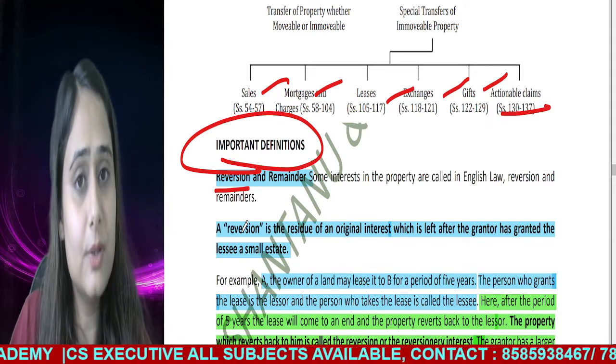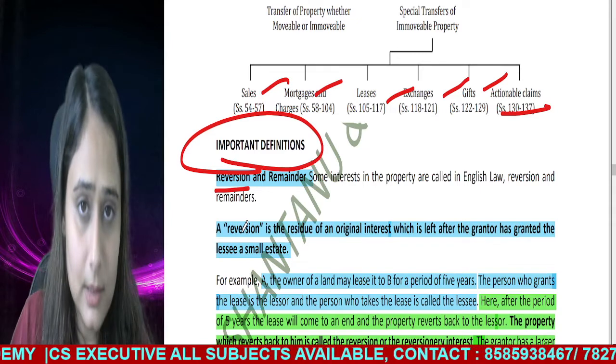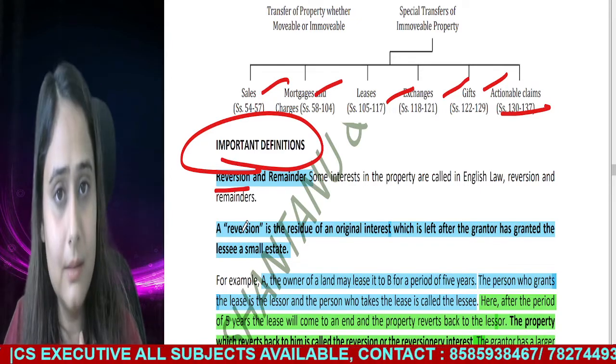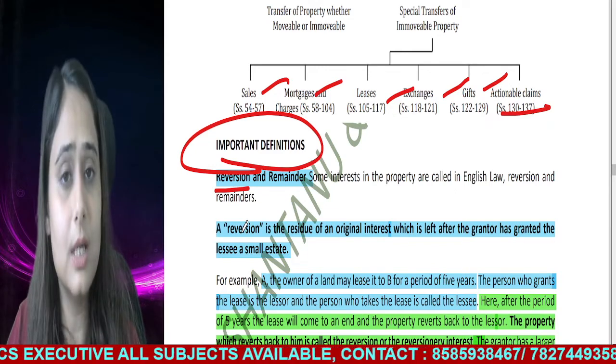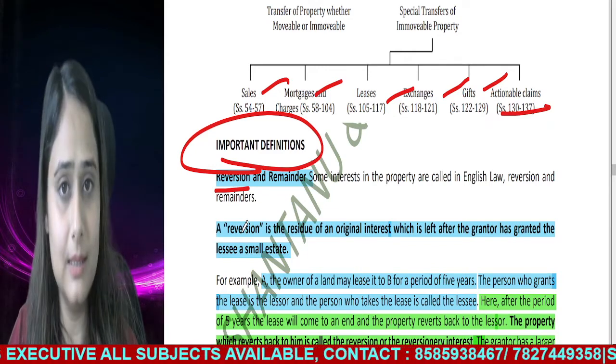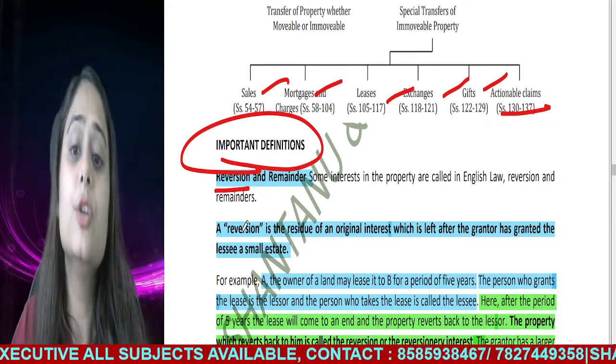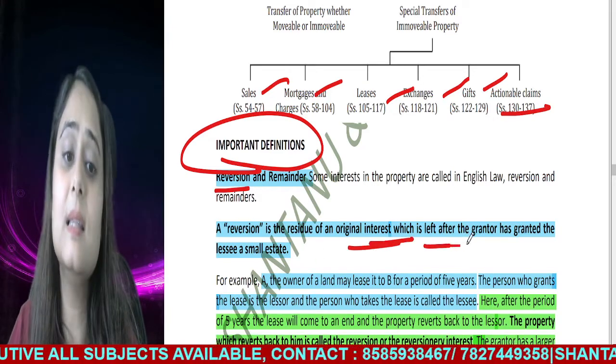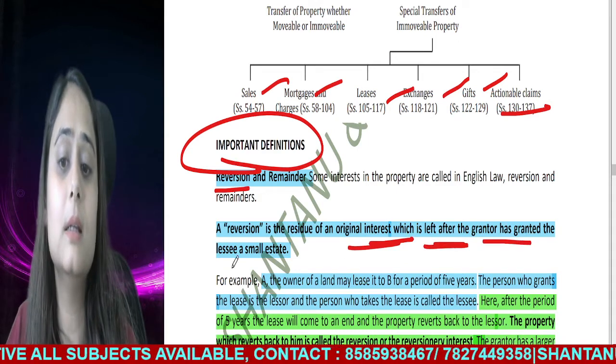After that certain time, after that particular thing, the property will revert back to me, right? It is reversion, coming back to me, reverting to me, that is reversion, right? So a reversion is the residue of the original interest which is left after the grantor has granted a lessee